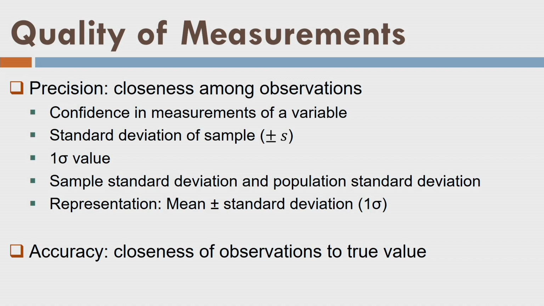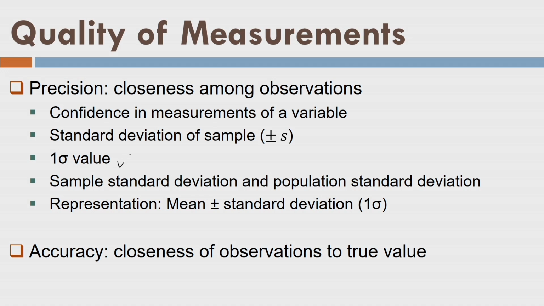So generally we indicate this confidence by the standard deviation of the sample. Let's say I have taken 30 values, which I call a sample and not the population. Population means all possible values of that variable. So I am taking a sample of 30 or maybe 50 or 100. Then I find out the standard deviation, and standard deviation gives me some kind of spread or some kind of confidence of that variable. And generally we represent it by the 1 sigma value. We call it the 1 sigma value.